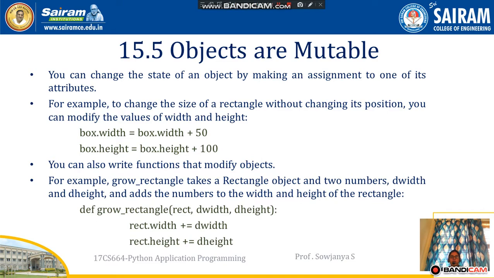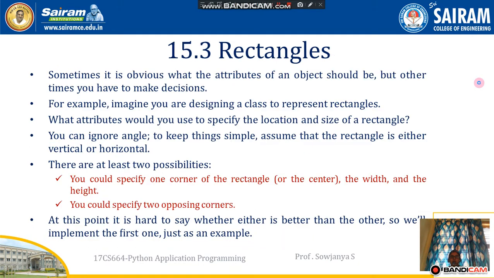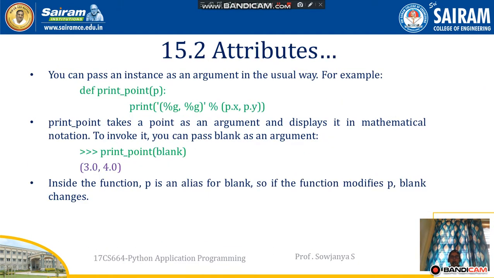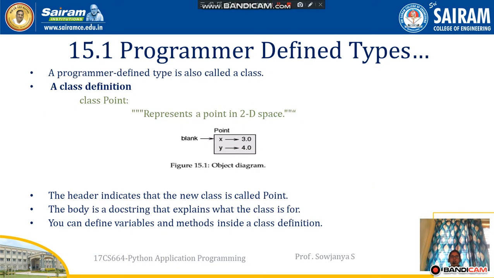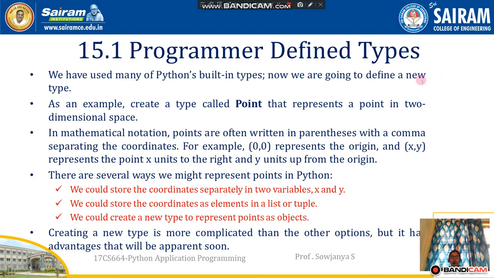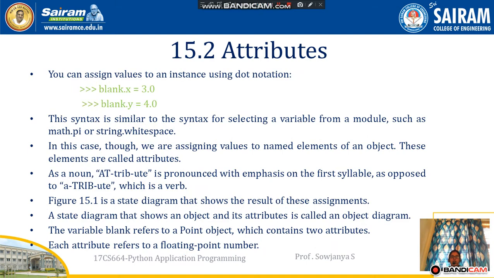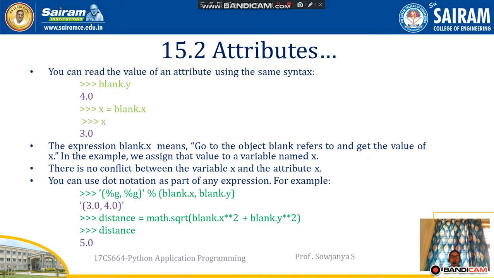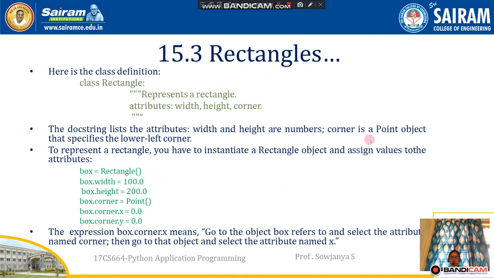So when you have a summary of this chapter, what does it contain? We have discussed what exactly classes and objects are, what is the meaning of classes and objects, and then we have discussed what programmer-defined types are and how we can write them in the program, what the ways of writing programmer-defined types are and which is suitable. In a similar way, what exactly attributes are and how you define attributes, and we have discussed, considering rectangle as an example, what attributes we can consider in the rectangle to calculate some values.